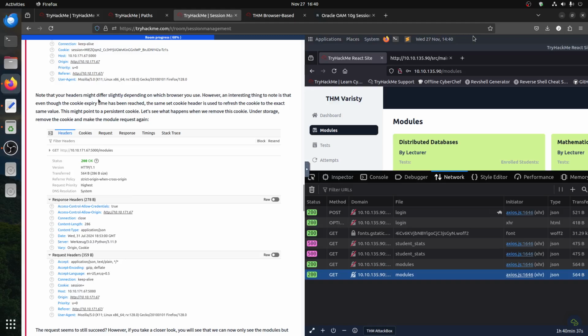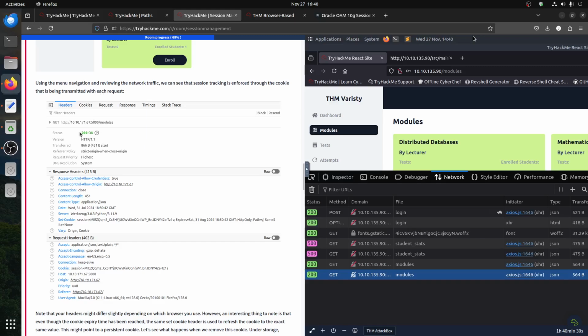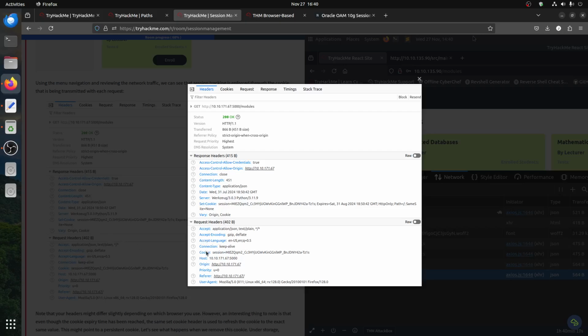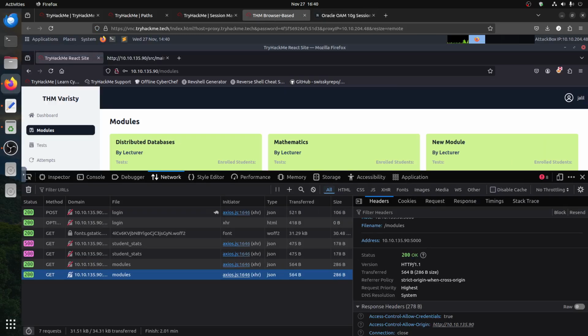Let's see what happens when we remove this cookie. Then you go to model traffic. We can see that the session tracking is enforced through the cookie that is being transmitted with each request. And then you have Set-Cookie here, so we have the cookie session, host, user agent, refresh, Set-Cookie, request header, response header. So if we go to our browser, Firefox,